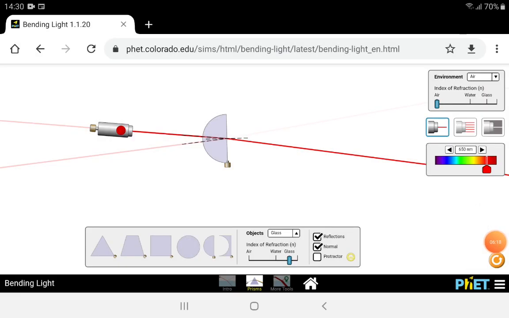Okay, I come back here again to the same application, the PhET Colorado application, and I have now a semi-circular prism, and I'm going to shine the light on the semi-circular object. Now, in order to change my angle, so this is figure 1, okay, that you saw. Now,